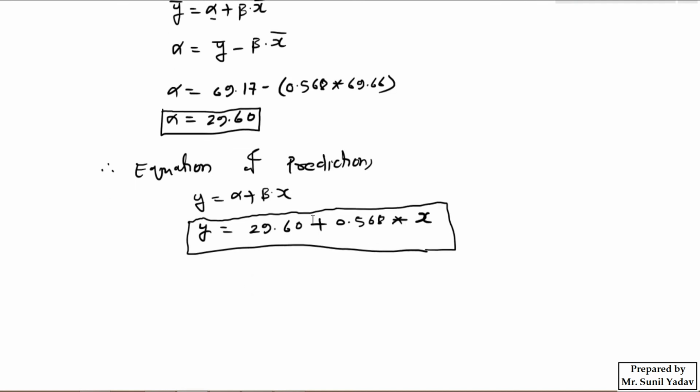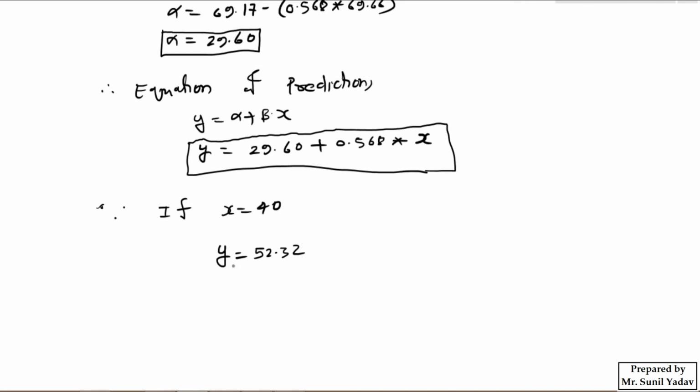Now they are saying what will be the final year marks if midterm marks is 40, right? If x equal to 40, then we can estimate the value of y, and that you can estimate from calculator. So after estimating over here, you will get 52.32, and hence we can say the approximate value of y is nothing but 52 marks. So this is the value what we have to calculate. I hope this problem is very clear to you now.